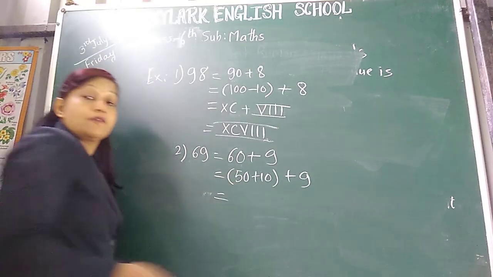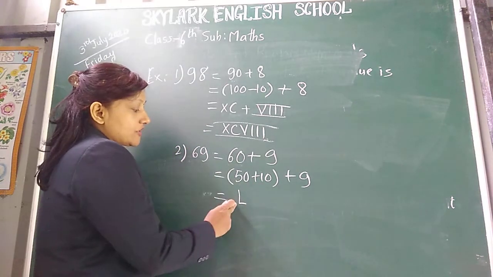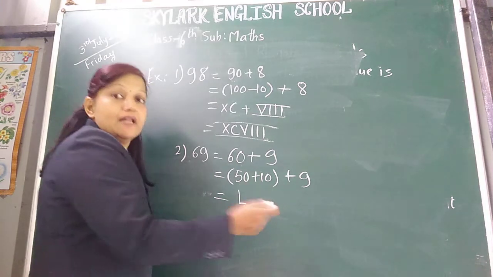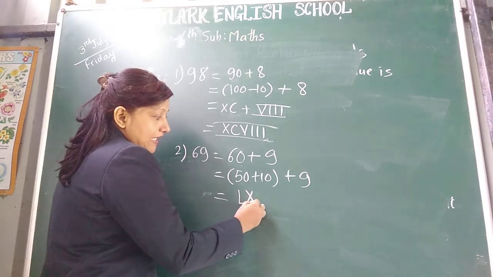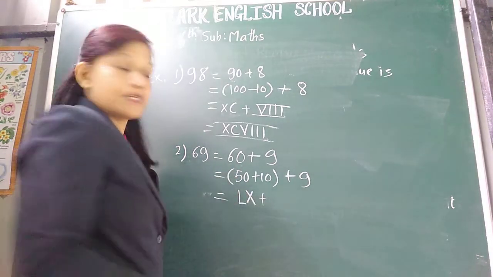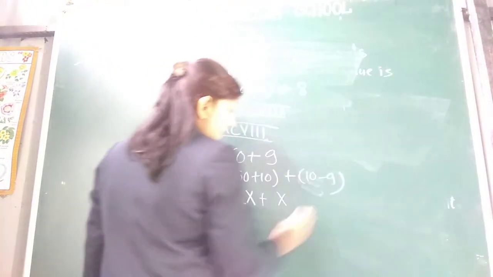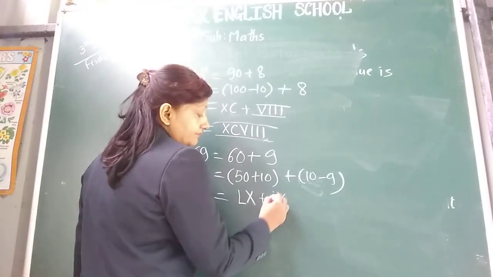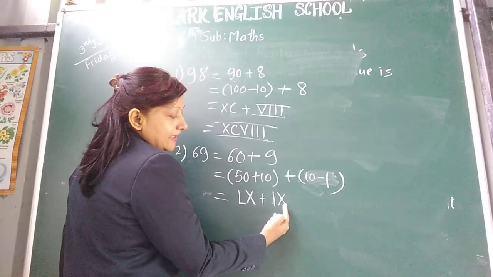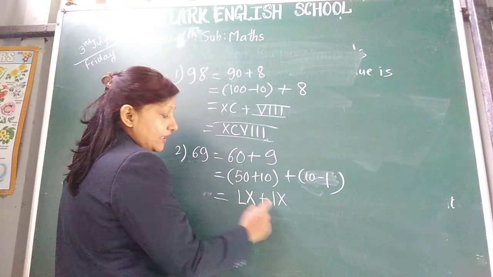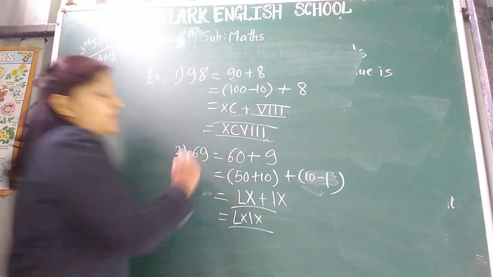So what is the numeral for 50? For 50 we have L. Okay. For 50 there is the Roman numeral L. And plus, where do we write plus? On the right hand side. So for 10, X. So LX. Plus for 9, what do we have? We can write it as 10 minus 1. So X before it will be I. Sorry, 10 minus 1. It came to the left side. So now the total number you can write is LXIX. This is the Roman numeral for 69.